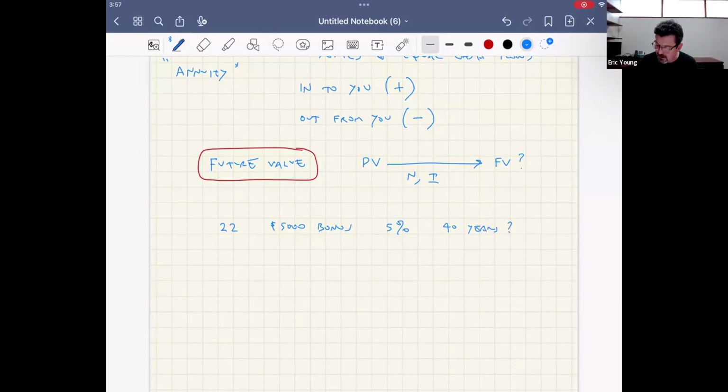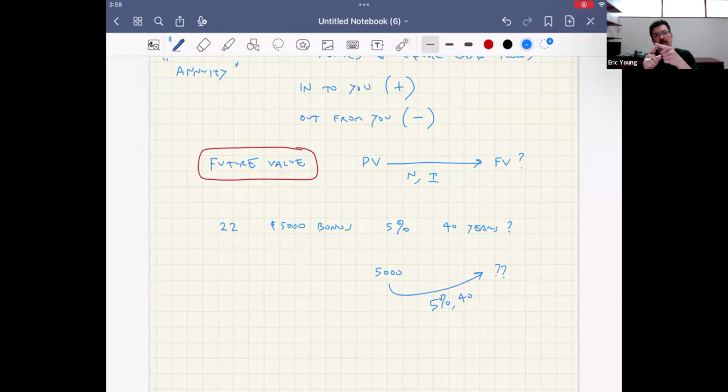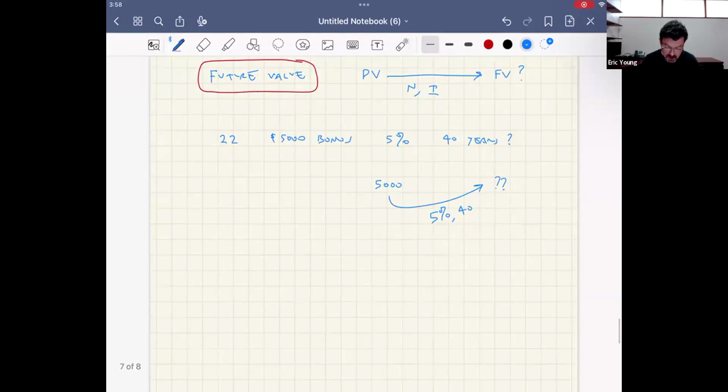In other words, we're asking this. If you have $5,000 today, how much money will it become if it can grow at 5% interest for 40 years? Now, if you think about it, this is a compounding problem. You could do 5,000 times 5% and then get that new number and plug it in and do that 40 times. It's kind of rough and you don't want to do that. You can also apply a shortcut formula.